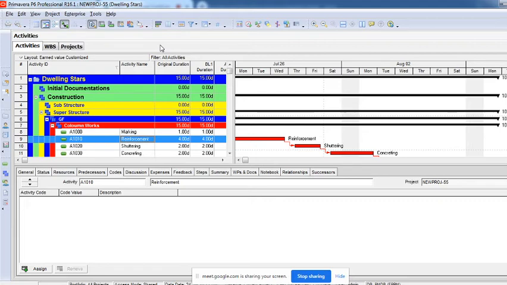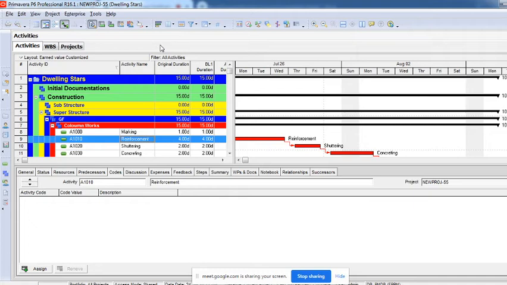But if a resource has just a single work, say assume there's a mason. Now what multiple roles can you extract from a mason? A mason will do masonry work alone, there's only a single scope of work he'll be doing. So I'll not create him as a role, I'll create him as a resource. When you have multiple roles to perform, then I'll create roles. But if there is only one single work he is doing, then I'll not create a role, I'll create a resource. It's not compulsory that every role should have a resource created.